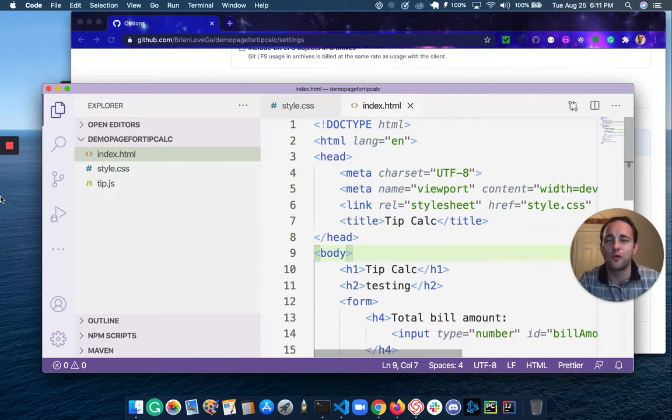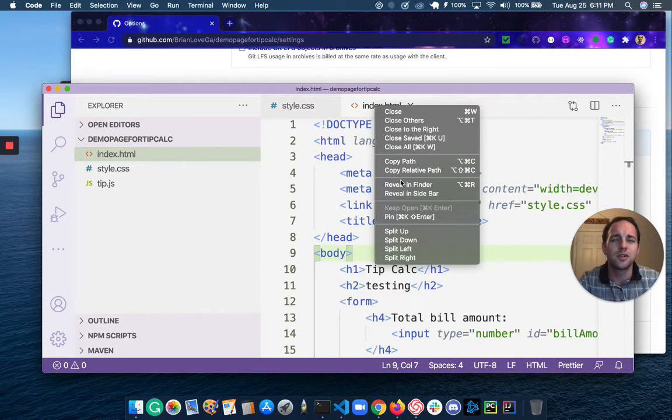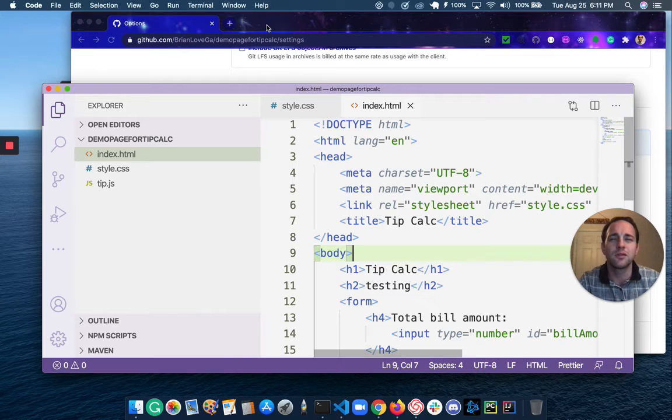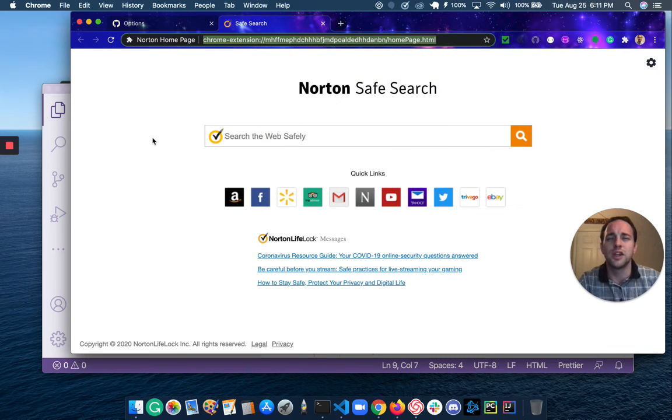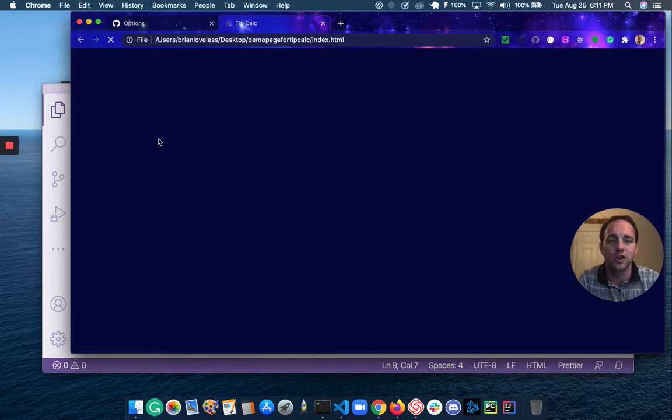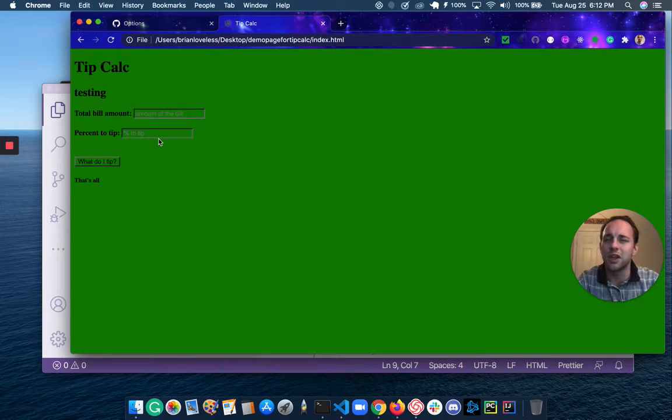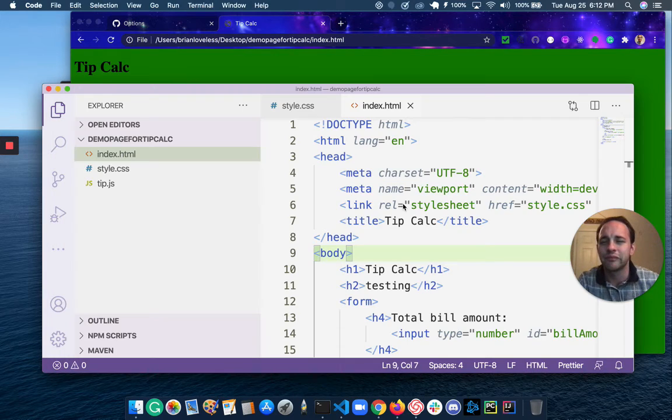Some quick auto formatting. Thanks, Prettier. And remember from the first video, when you copy the path and open a new tab in your favorite browser, you can paste and go and see what your site looks like before you deploy, so you don't get caught off guard. Now, as long as this pops up with a green background, hey, we're cooking in business. All right. So now we've got our style sheet all linked up. We can change that